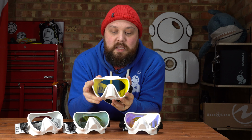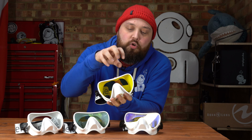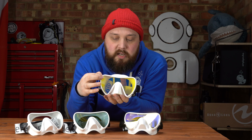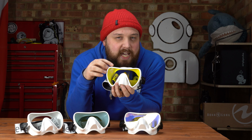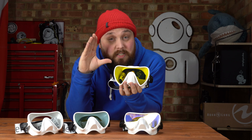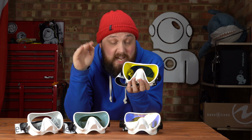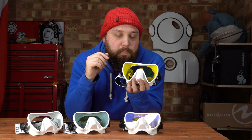But taking a look at the mask itself, as I said earlier, it's a frameless mask. There's no rigid frame. The silicone is actually bonded directly onto the glass, so that helps you reduce the internal volume. Less airspace on the inside makes it easier to clear if it's flooded, and it means it's going to squeeze a lot less because there's a smaller airspace. So as you dive down deeper, that pressure means you don't have to equalize it quite as much